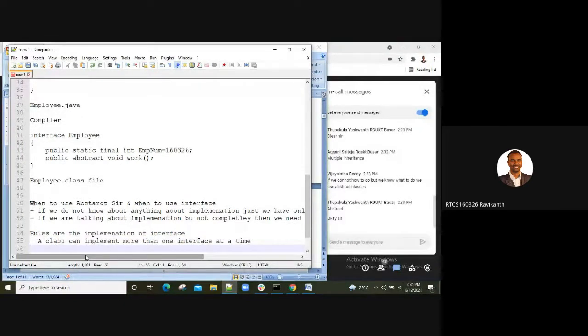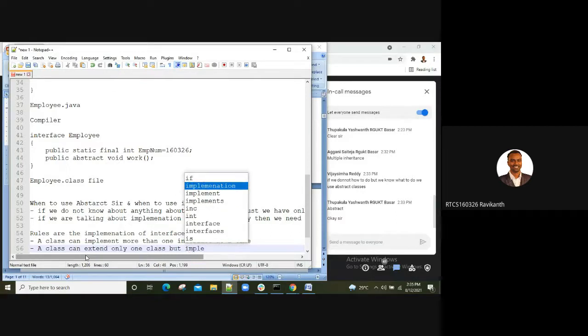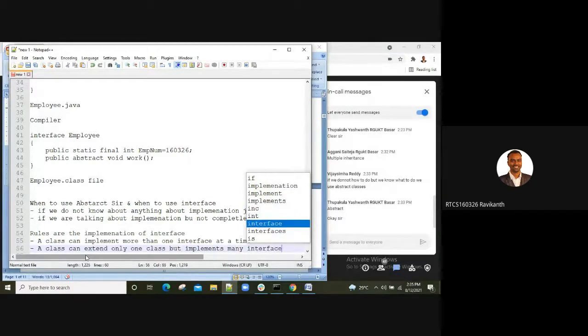Next, a class can extend only one class, but it can implement many interfaces.